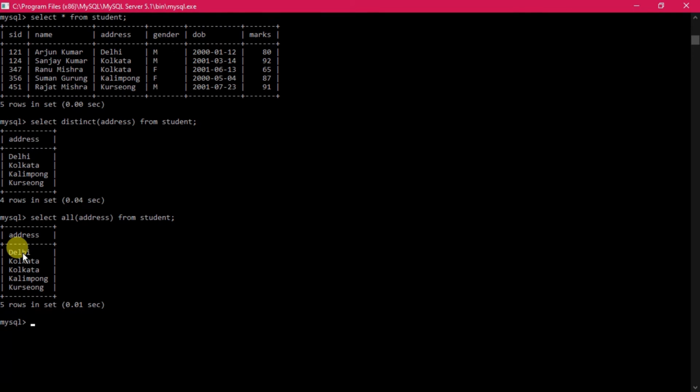Fine. So this particular command is also very important. We can implement this part in practical, and you can try the different types of commands with your own table, as well as the table I showed you. You can create the table using the create table query and apply these queries onto your table.